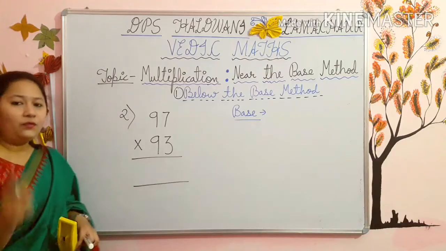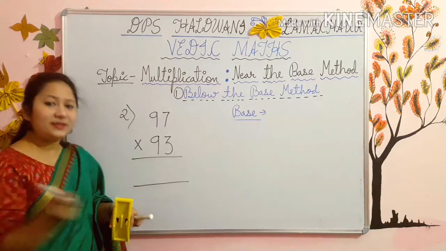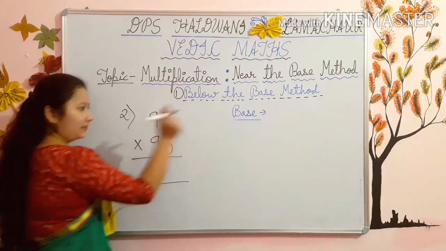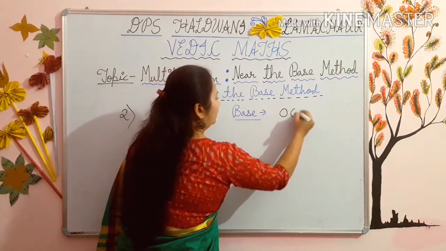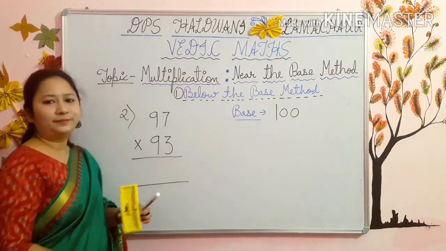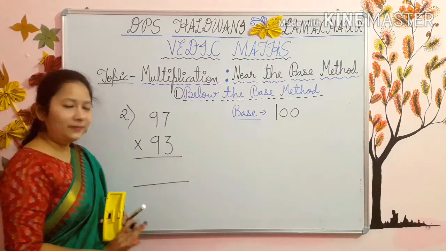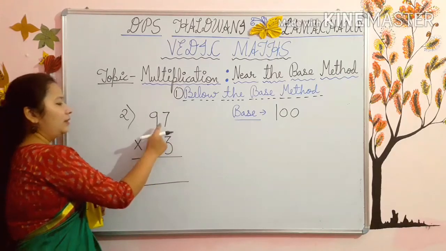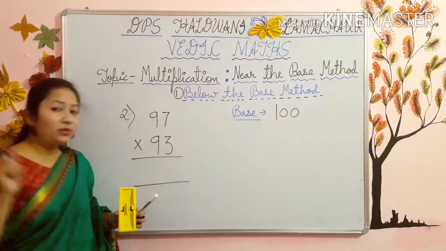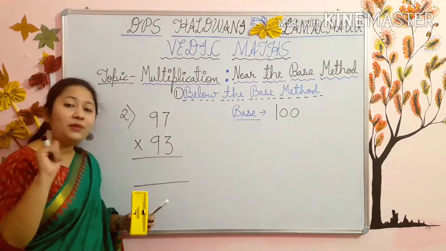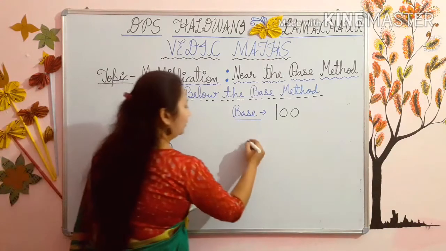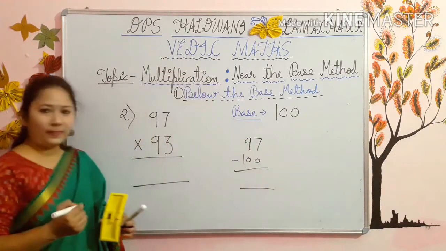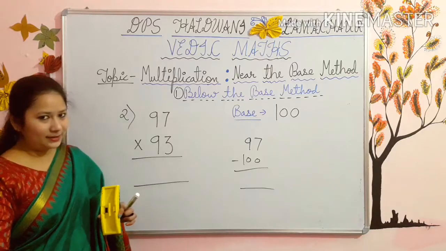See now. Now first of all what you have to do, the first step is take the base. Now how you will take the base? See, 2 digits, 2 zeros and put 1 here. Fine. Now the next step, you have to subtract these both. Now again I am saying first of all you have to write the number and then write the base. First of all number, then base.